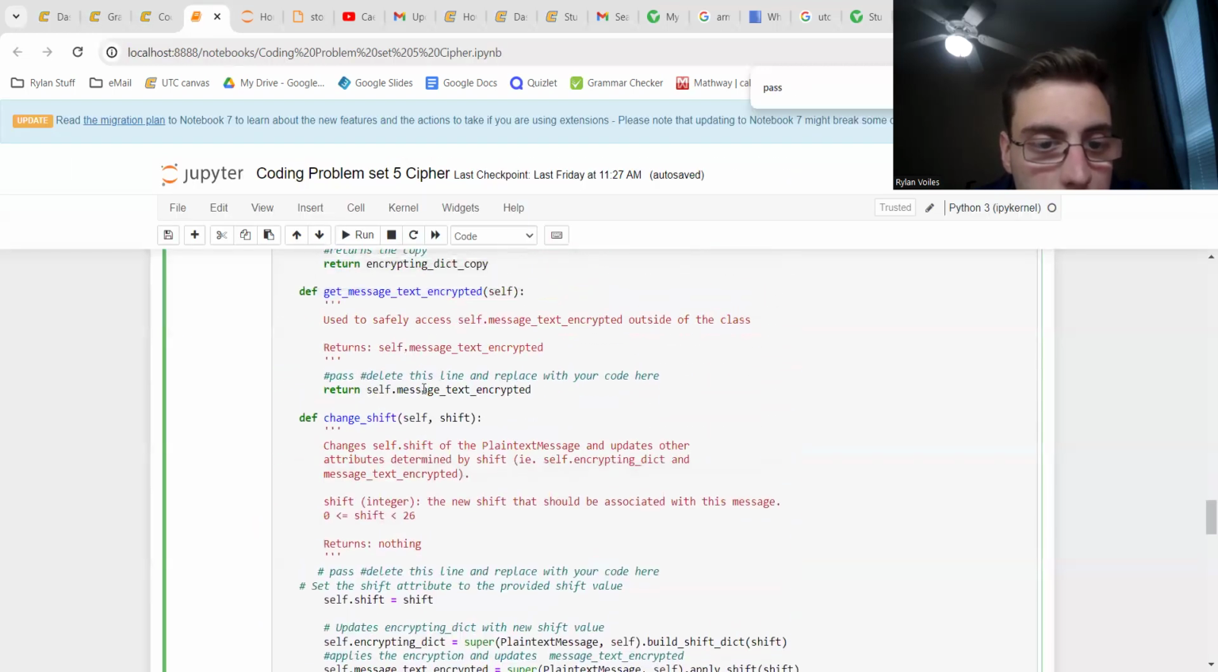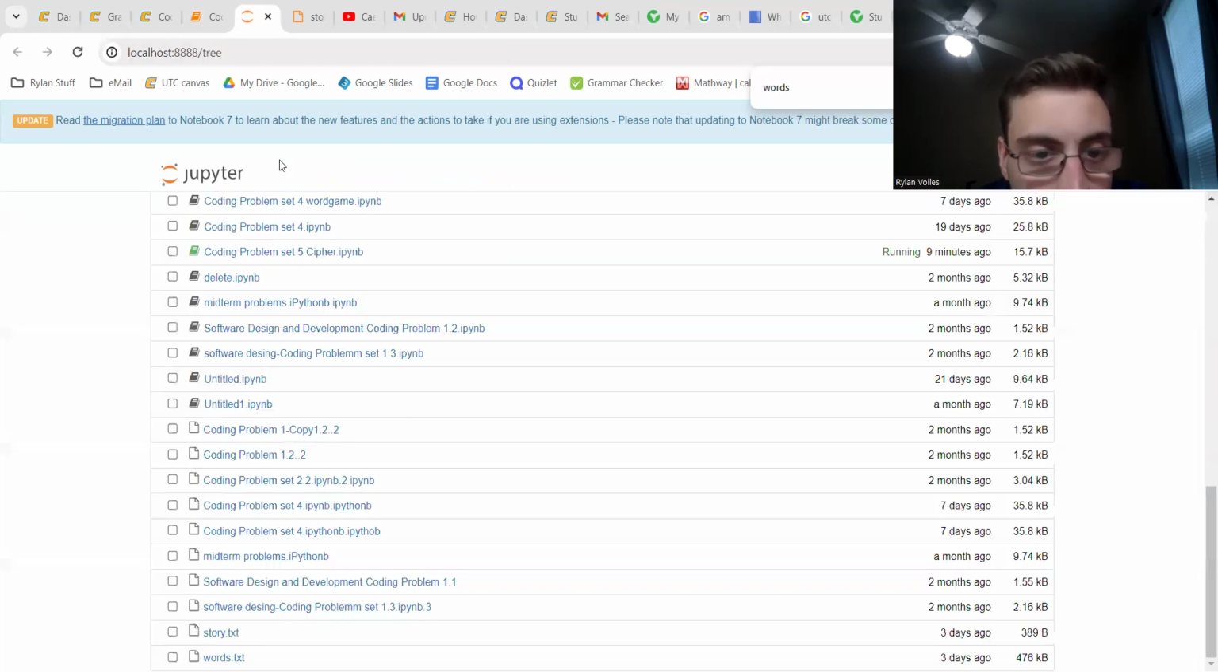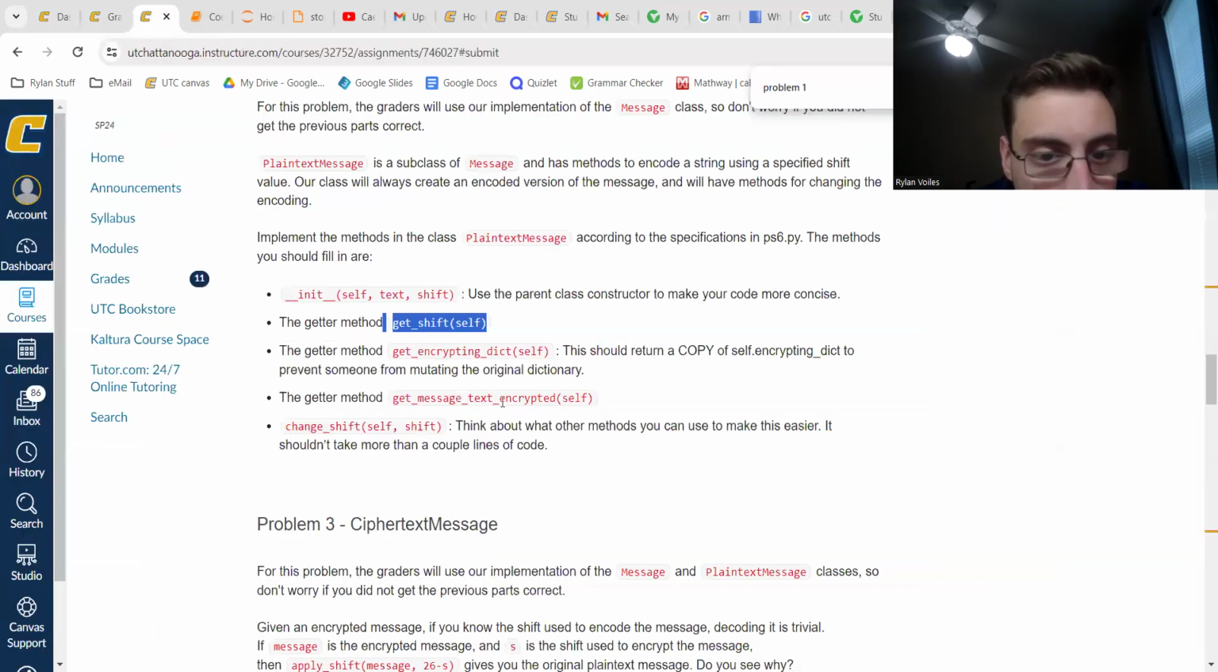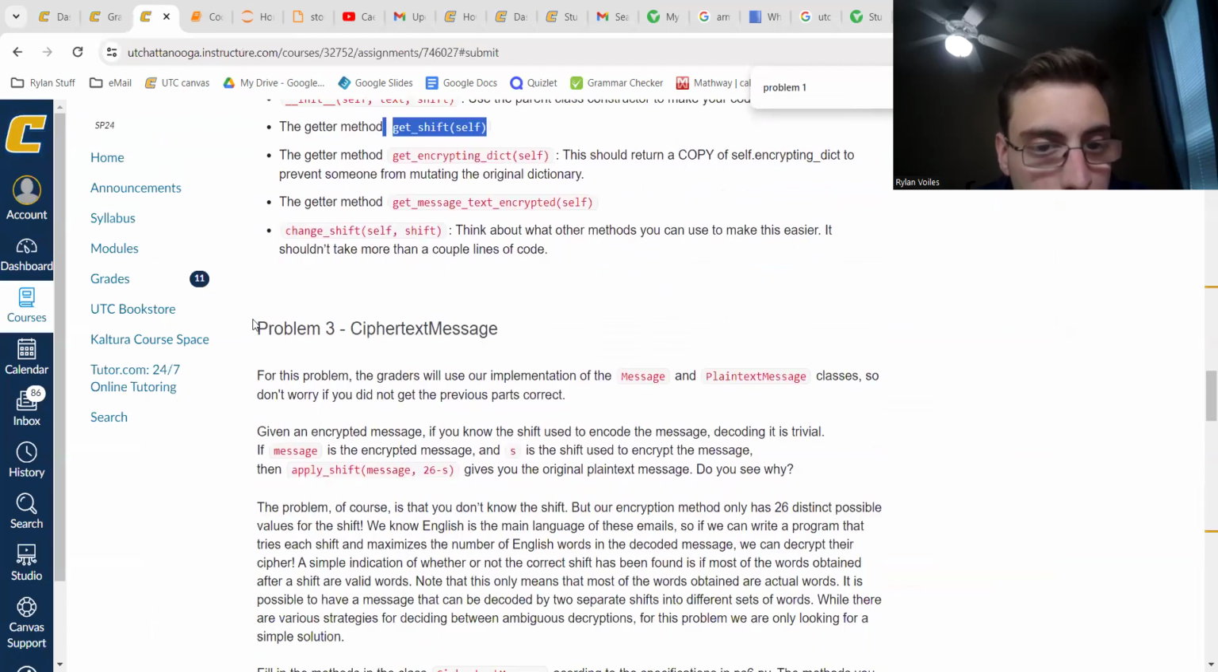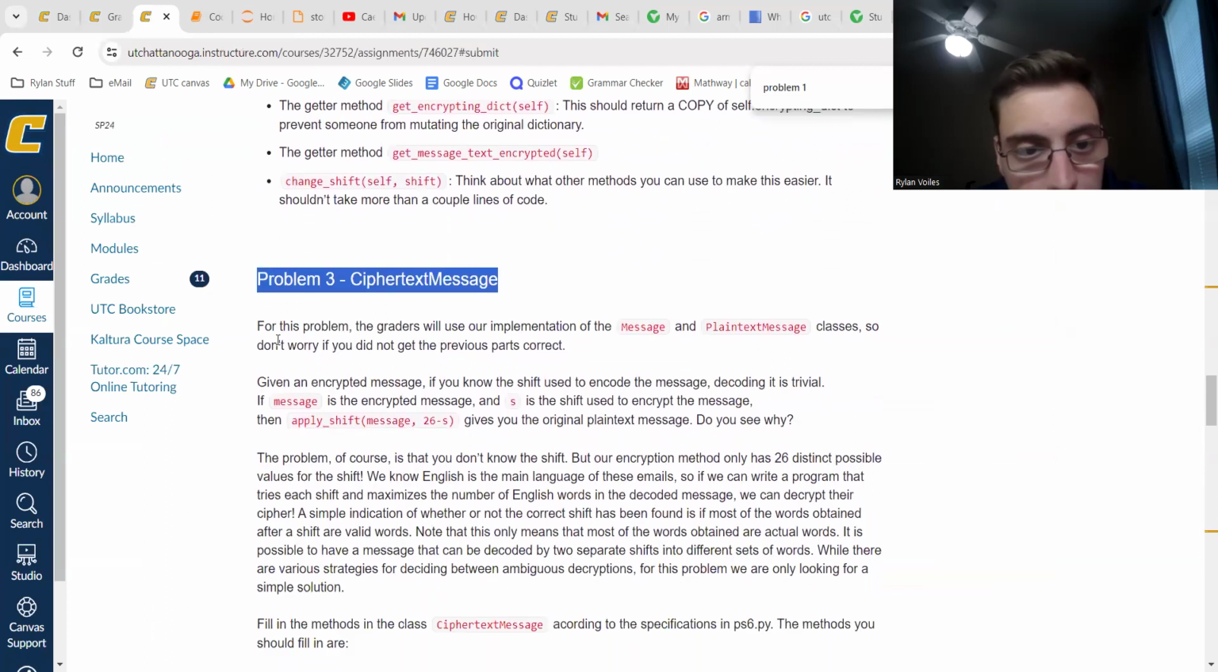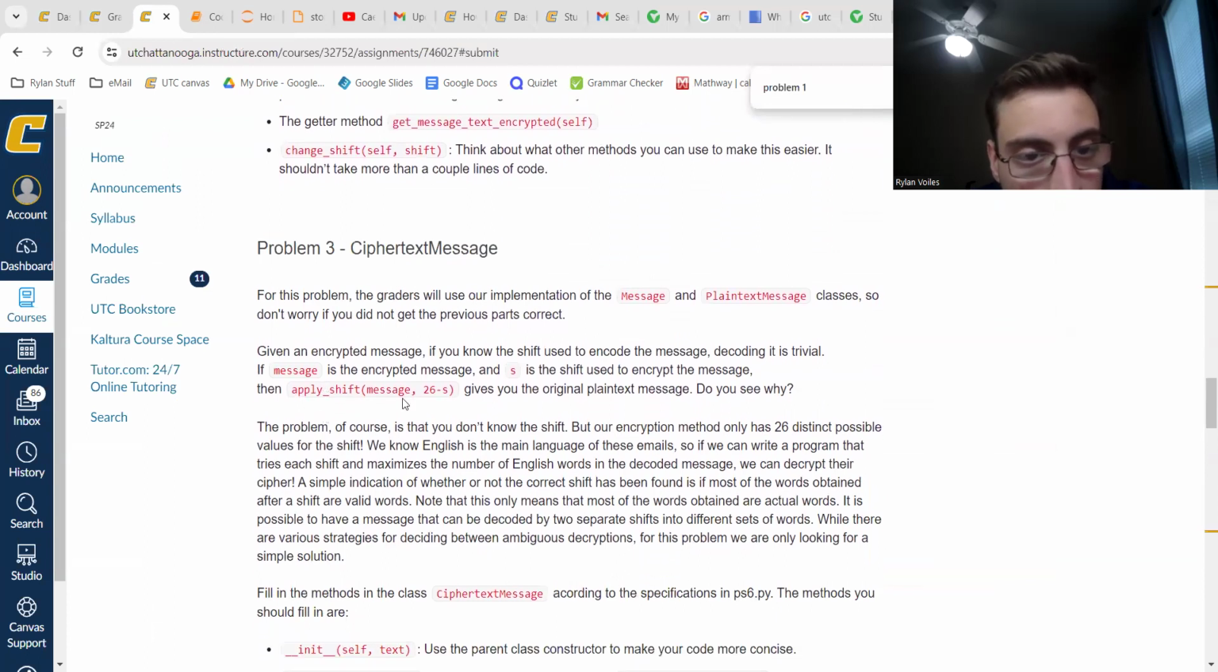So, that was the change shift method. Next, we move on to problem 3. For this, as it says here, given an encrypted message, if you know the shift used to encode the message, decoding it is trivial. If message is the encrypted message and S is the shift used to decrypt the message, then apply shift gives you the original